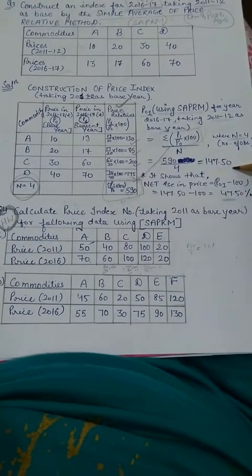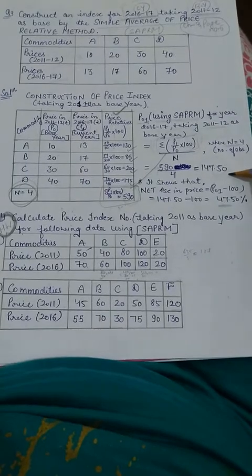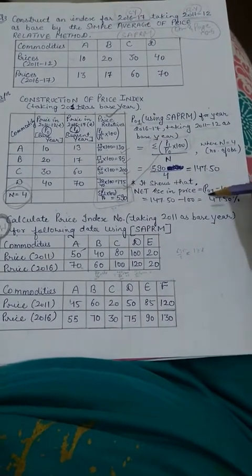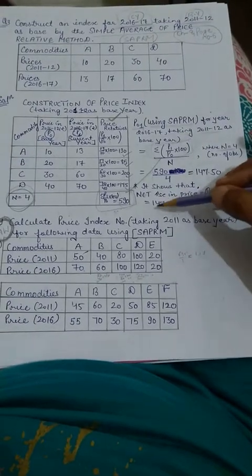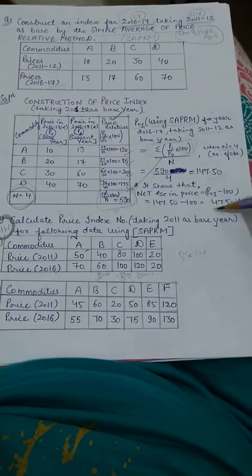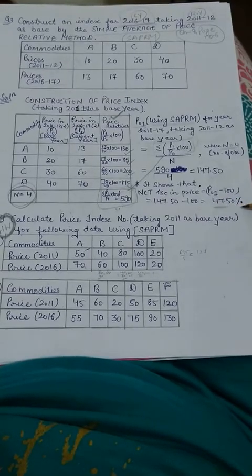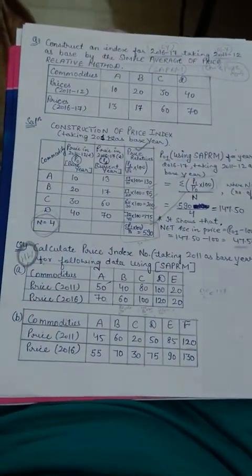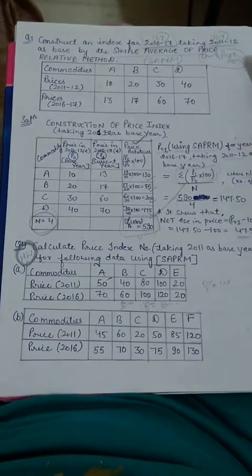147.50. To find the net increase in prices, we have to subtract 100 from the value of P01, that is 147.50 minus 100, and we will get 47.50%. These two which you are looking on your screen, that is question number 4, A part and B part,